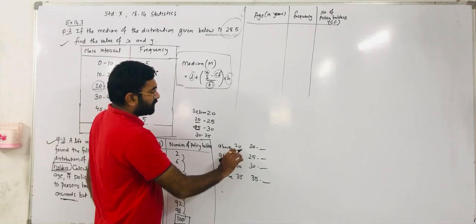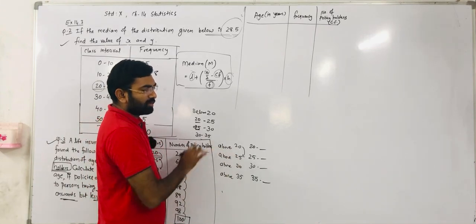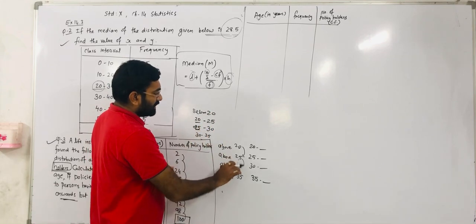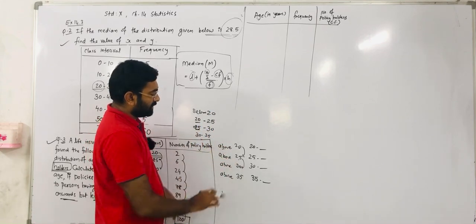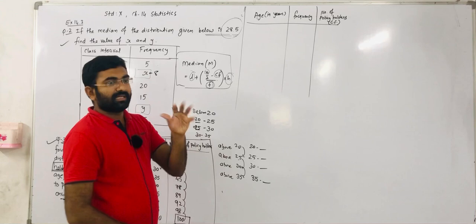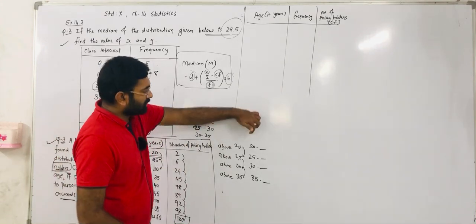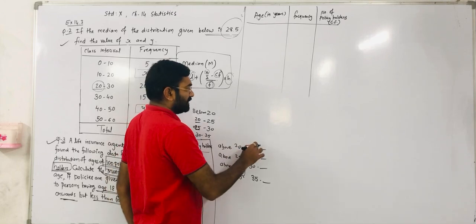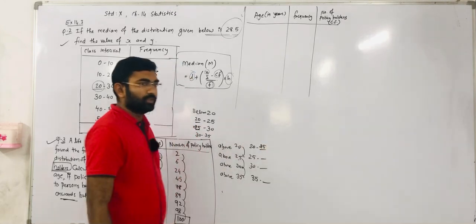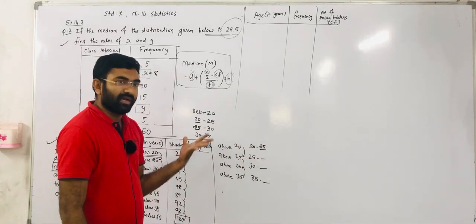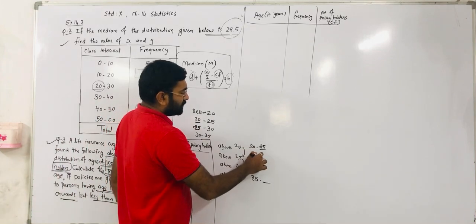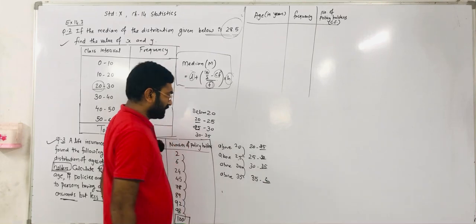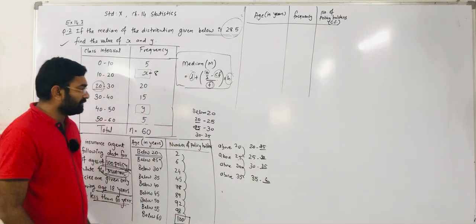For that, what do you have to observe? You have to observe two consecutive classes, above 20 and above 25. So the difference is 5. Here the difference is 5, 25 to 30. Right? So in each and every class there is a 5 years difference. So from 20 onwards, how many years do we have to add? It becomes 5 years, so the upper limit we write is 25. So its difference is 5 years. Then same way 25 to 30, 30 to 35 and 35 to 40. Okay. So I hope all of you are clear with that.